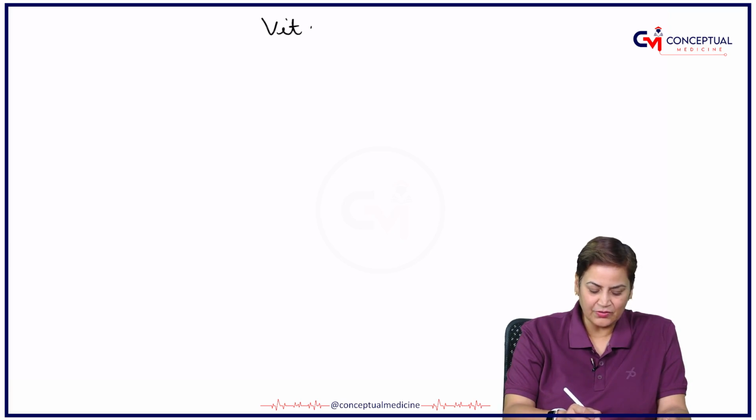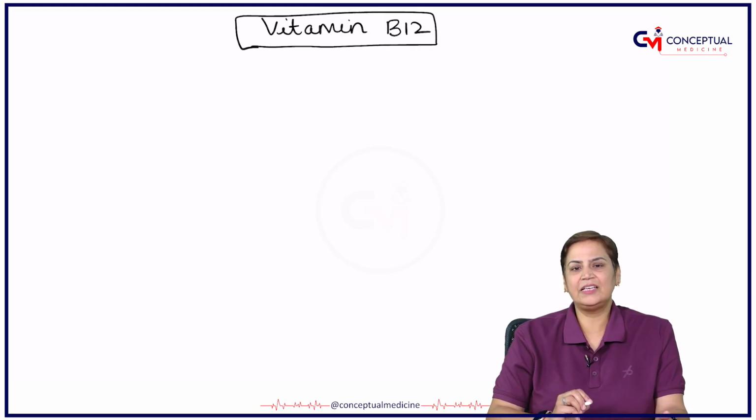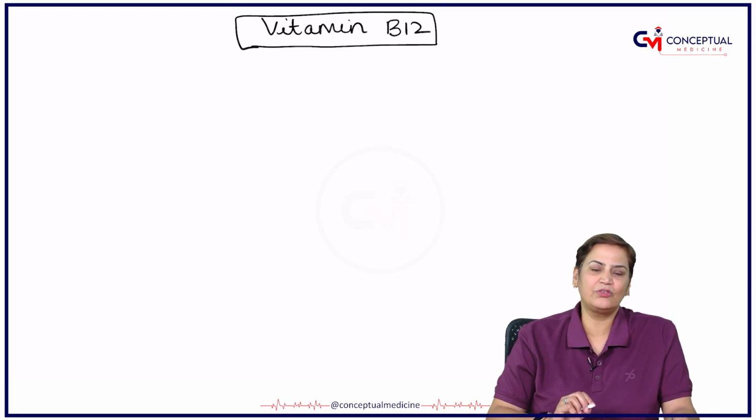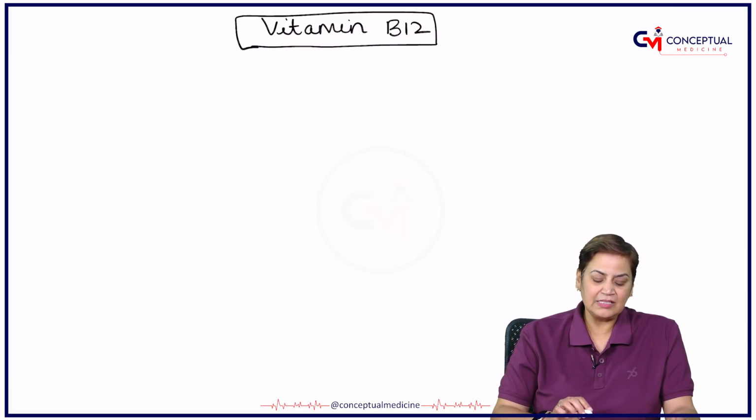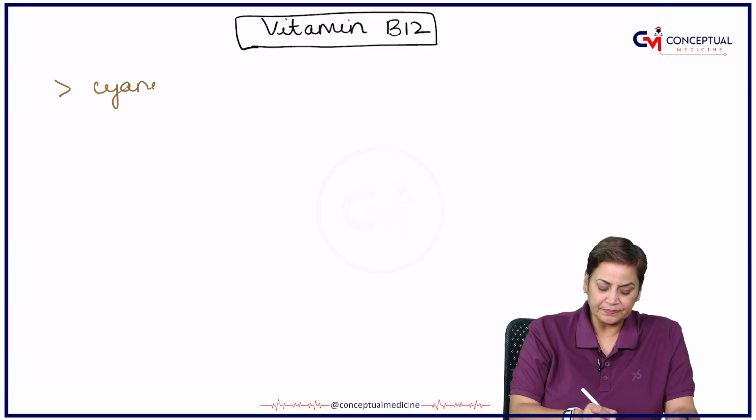Just in my previous video I had discussed the hematopoietic vitamins. One was B9, which plays a very important role as a constituent of 1-carbon metabolism. Now, the second hematopoietic vitamin is B12. This B12 is also known as cyanocobalamin,